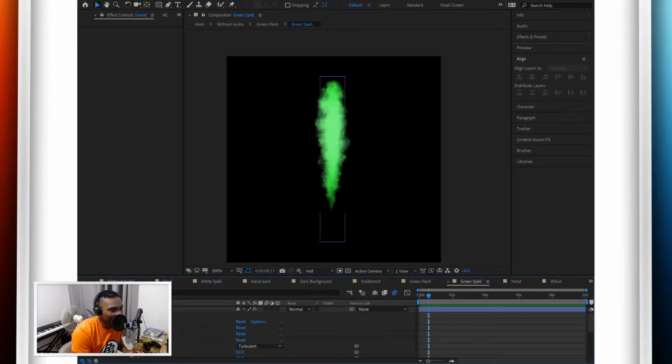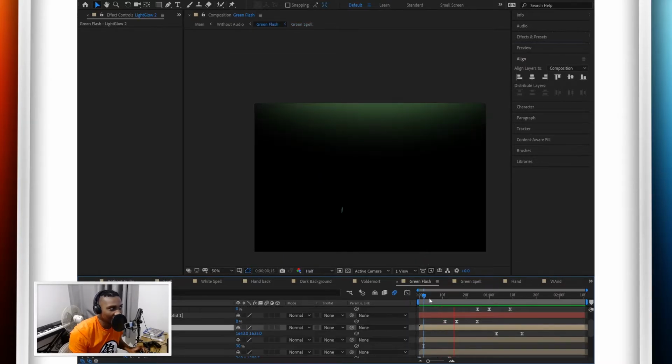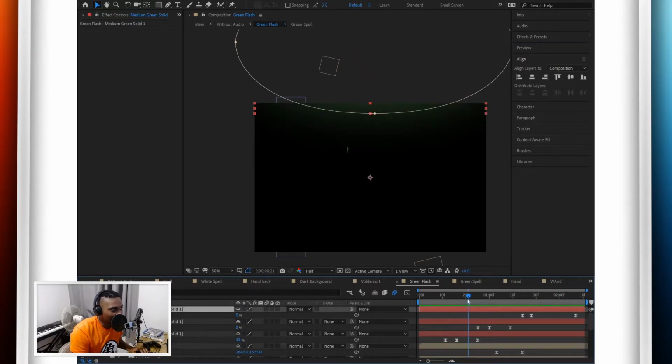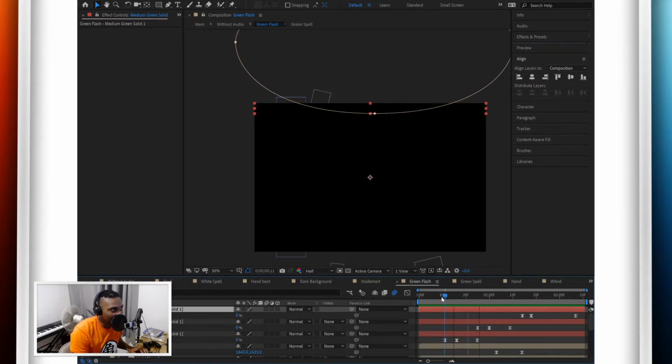Then the displacer is the wiggle, the motion to make it look more like a spell. If I play that now, it looks like energy, doesn't it? Wicked, right? So 3 of these. To sell it even more, I added these. You can see at the top, these light glows. So you can imagine the spell being casted up, exploding, goes in this green glow. 3 of these. If I play it,